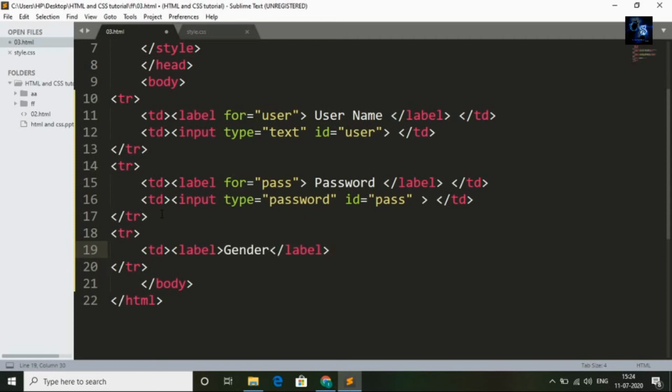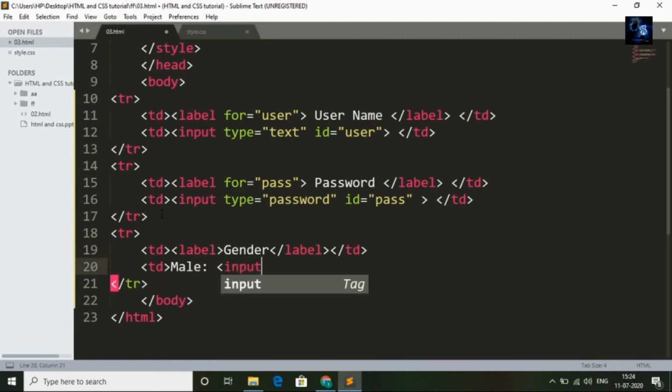and closing tag for td. Male, colon, input type. I will apply radio style. Later I will show you what radio style is.